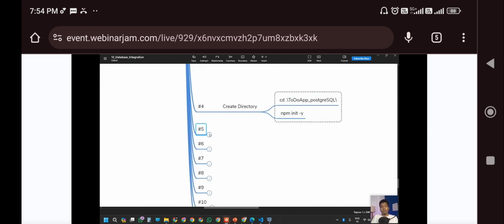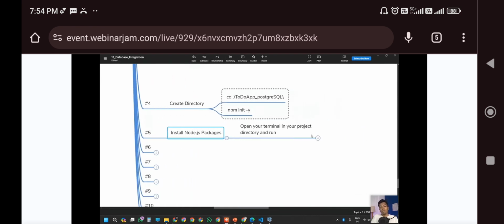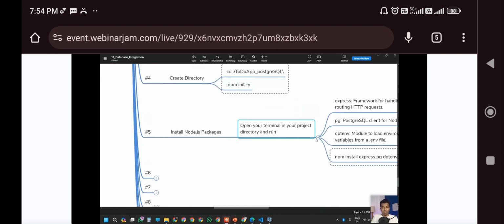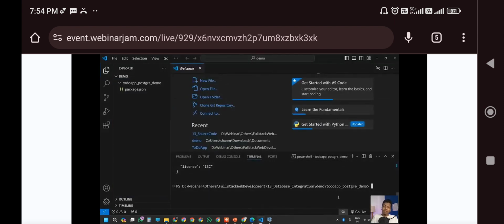After that, what we are going to do is install the required Node.js packages to use PostgreSQL in your system. First of all, we need to install Express, then pg, the PostgreSQL client for Node.js, and dotenv for creating environment variables. All these three libraries we are installing in a single shot, but we have already installed Express. If you want, you can do it again. But the command is